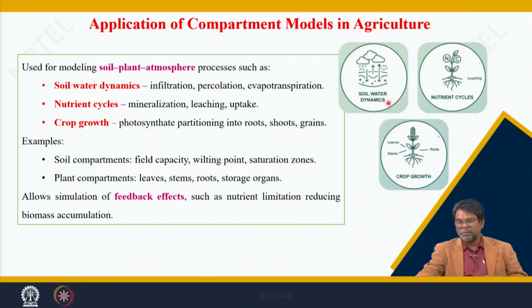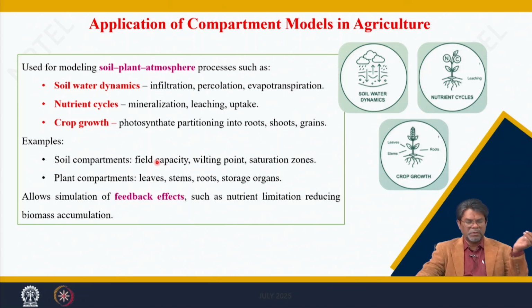Soil dynamics is also represented by this, how the water flows from one layer to another layer. There are different layers in the soils. So, flow from one layer comes to another layer, depending upon the rainfall, infiltration, evaporation. This is how the changes are also represented by these compartment model symbols. You can say the soil compartments, you can see field capacity, wilting point, saturation. You know what the field capacity is, being agricultural engineering or agricultural science students. So, you must have an idea about the field capacity of the soil, wilting point of the soil, saturation.